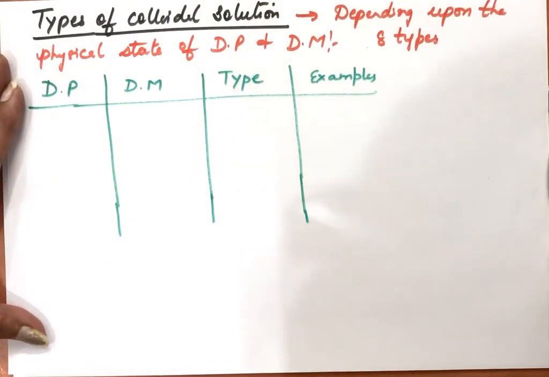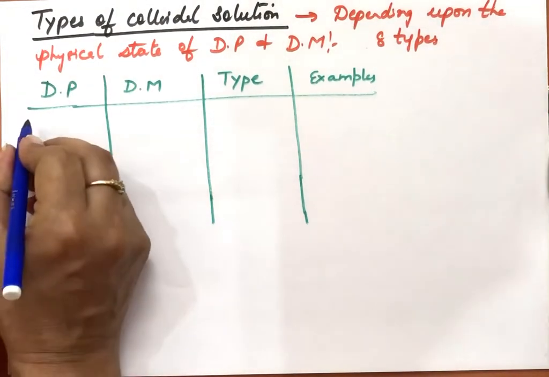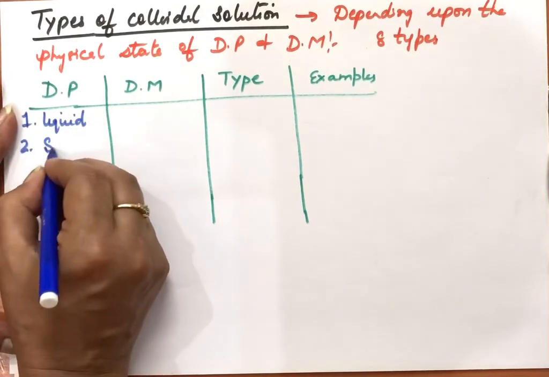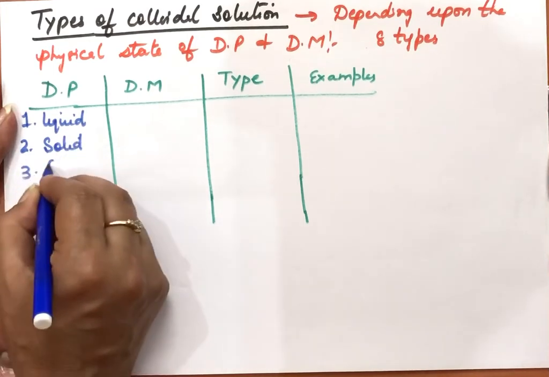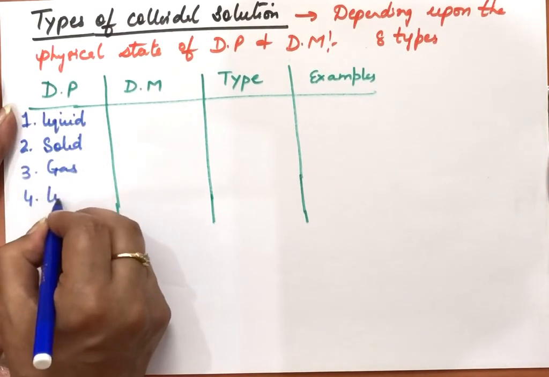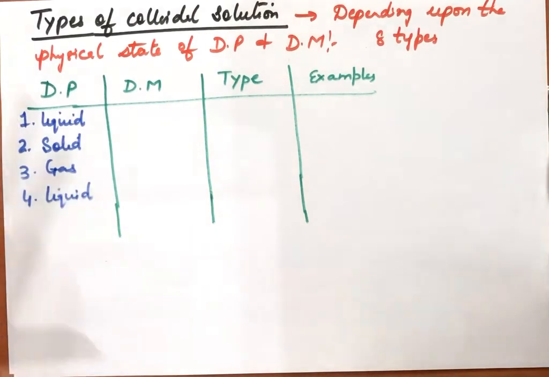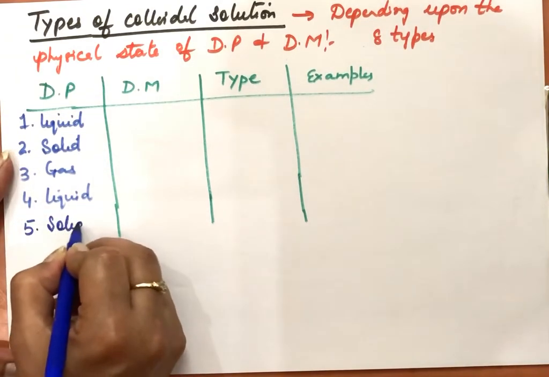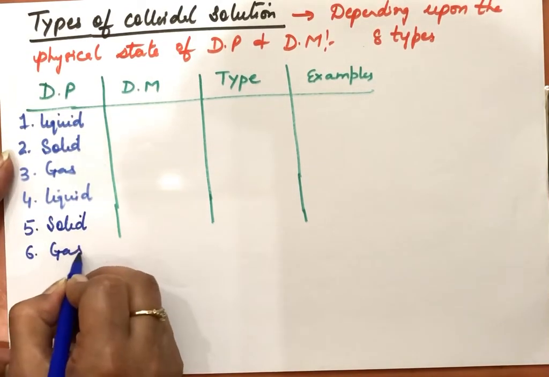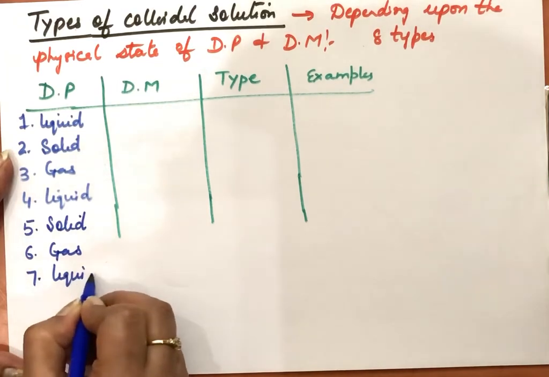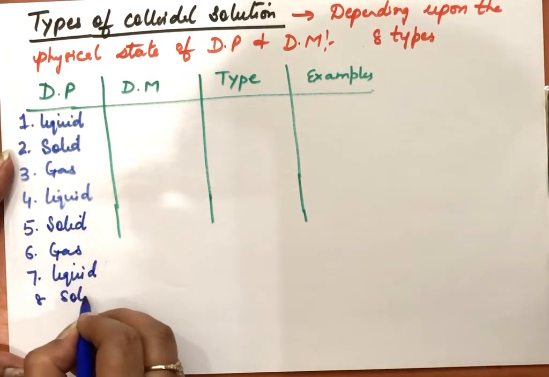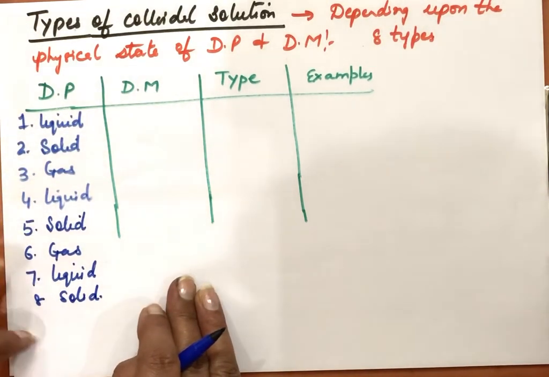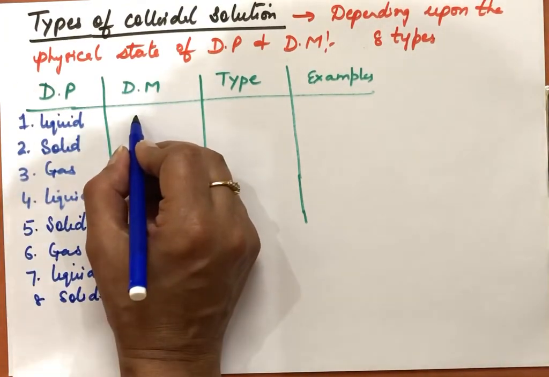First, if the dispersed phase is a liquid, then second, I'm writing solid, third is a gas, then fourth, the dispersed phase is a liquid. Next, fifth is when it is in a solid state, sixth is gas, seventh is liquid, and then again I'm taking a solid. So it's like liquid, solid, gas, liquid, solid, gas, liquid, solid, but we don't have a gas in this case. Now next one here is gas,